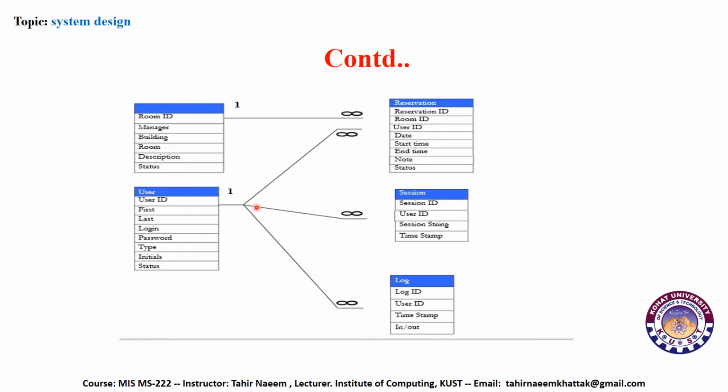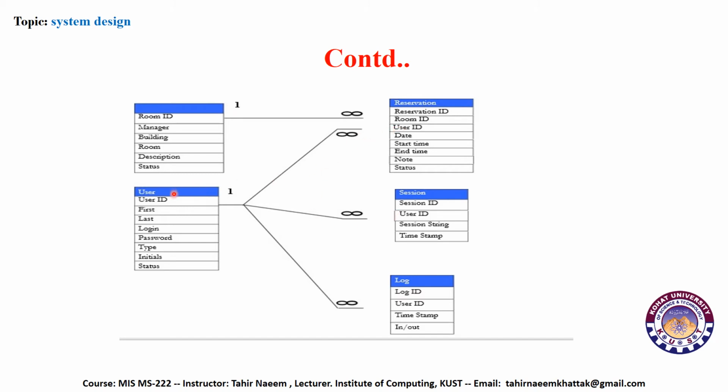So all these tables are connected to each other by some keys. Look here, user ID is present in this table, user ID is also present in this table, and user ID is also present in this table.